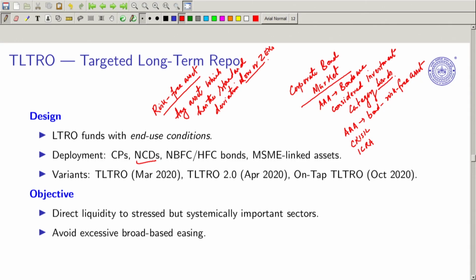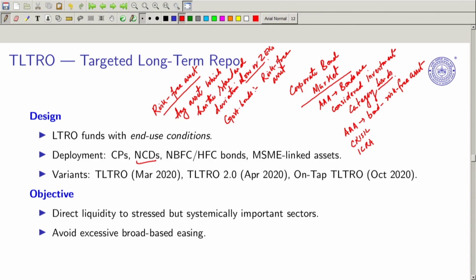So it could be a fixed deposit with RBI, it could be a government bond, it could be any asset. In the case of a government bond, we know that it is guaranteed by the government. So most of the government bonds are considered risk free assets,